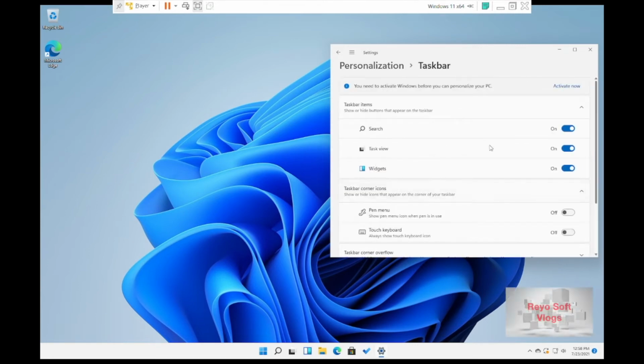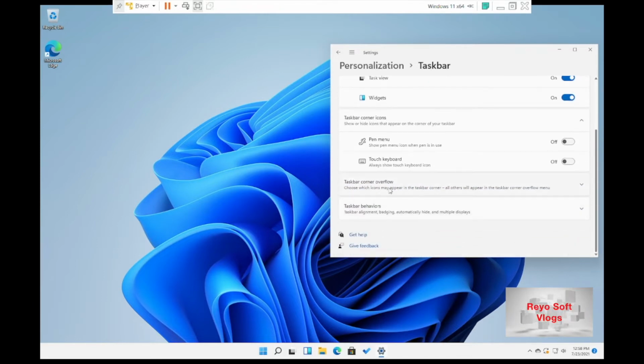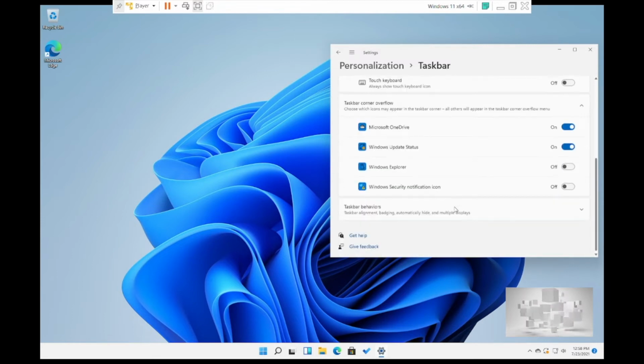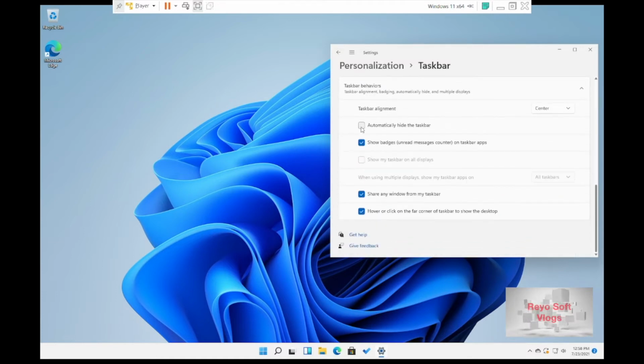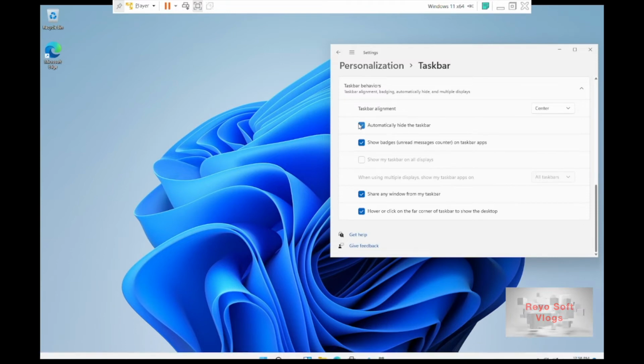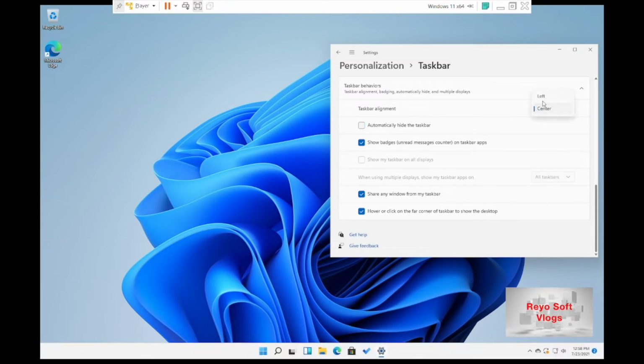You can go to taskbar. You can have the widgets in taskbar like search, task view and other widgets in the widgets menu. Now you can go down and the taskbar corner, so what things you want at the last of the window, so you can specify what things you want, and then you can go down and you can set taskbar to hide or view, as well as you can center it and left it, set it to the left.